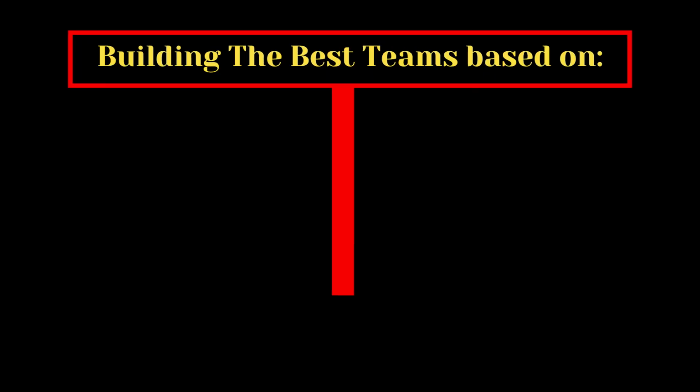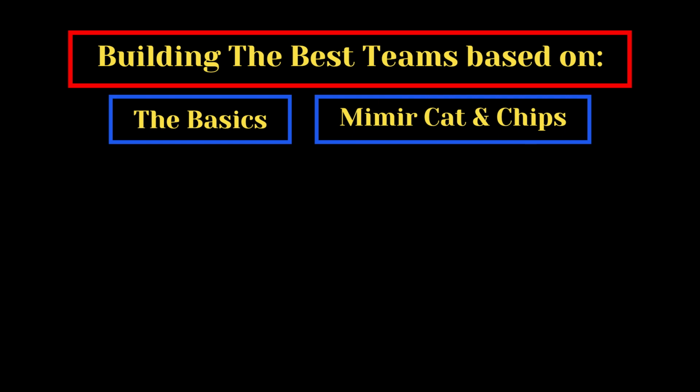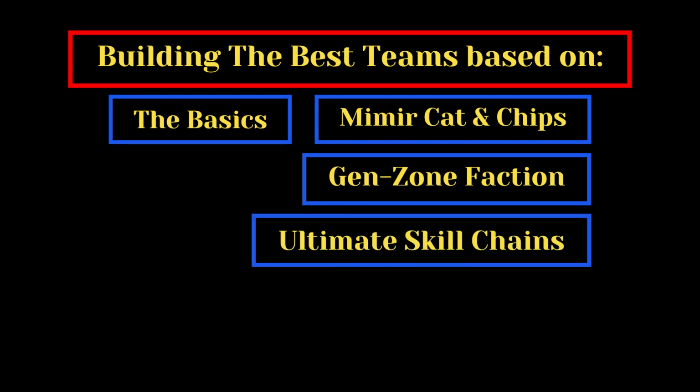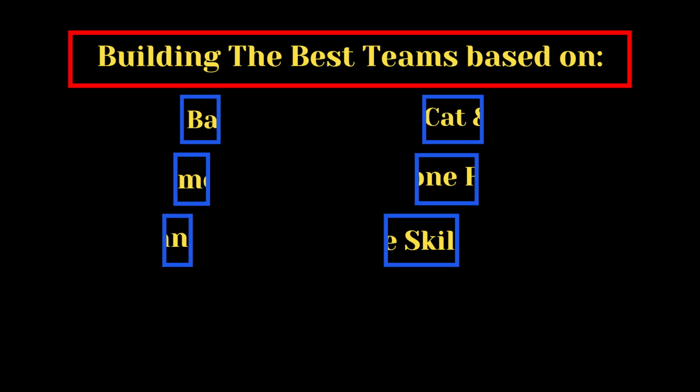Alright, so let's recap. We have now seen 6 categories for building the best teams. We've seen how to build the best teams based on the basics. We've seen how to build the best teams based on using the proper Mimir Cat and its additional chips. We've seen how to build the best teams based on Gen Zone faction. We've seen how to build the best teams based on ultimate skill chains. We've seen how to build the best teams based on element. We've seen how to build the best teams based on range, and now we finally come to our last category